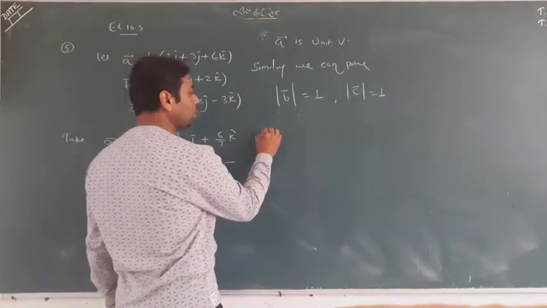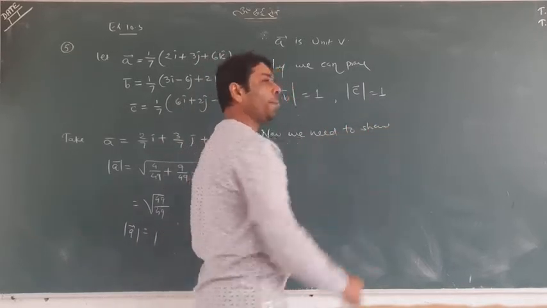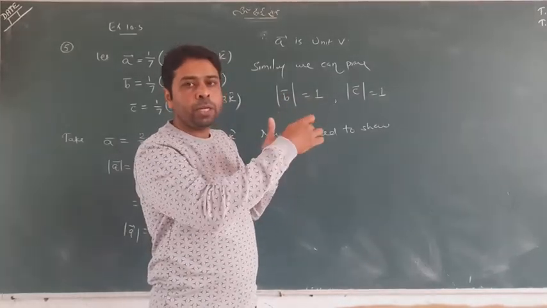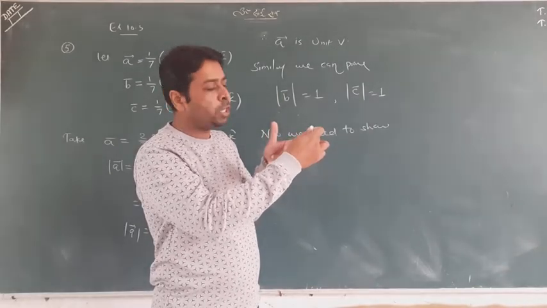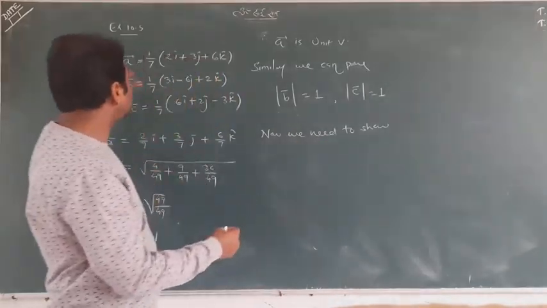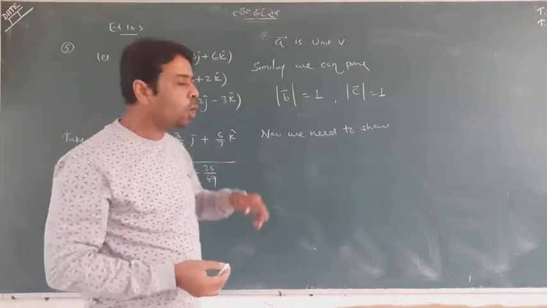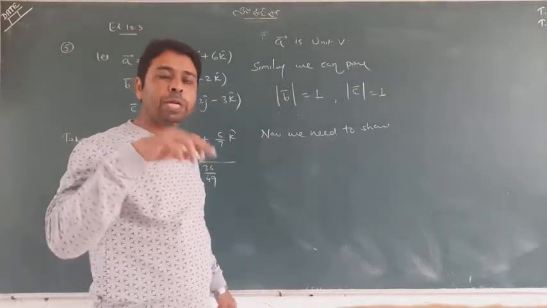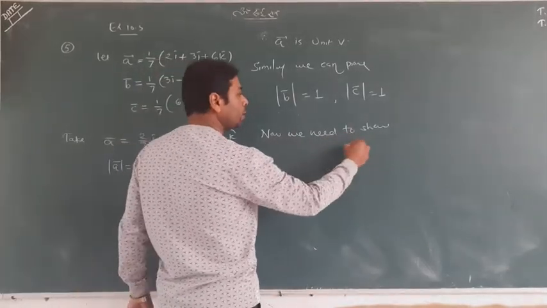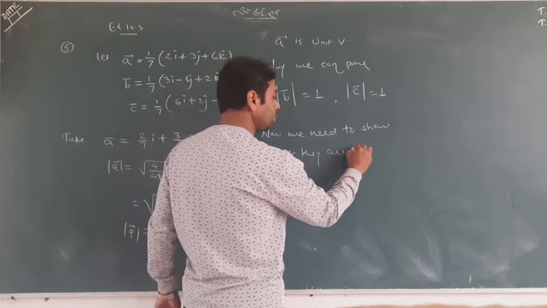Now the next proof we need to show is that they are mutually perpendicular. What is the meaning of mutually perpendicular? Like fingers. It is A, it is B, it is C. A is perpendicular to B, B is perpendicular to C, and C is perpendicular to A, meaning they are mutually perpendicular. So we will show here that these vectors are perpendicular. How can we show that vectors are perpendicular? Very easy. When the dot product of any two vectors is 0, it means they are perpendicular. We have already seen this concept. So now we need to show that they are mutually perpendicular.